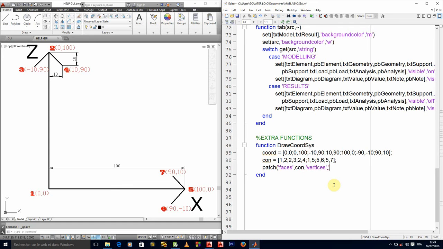So you see that faces here represents the elements themselves, while vertices represents those nodes that help us draw the element. So the vertices are the nodes that will be joined to form the faces. So let's try and launch that and see what happens.